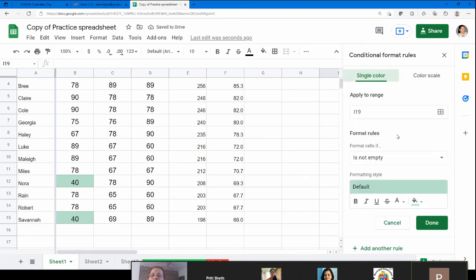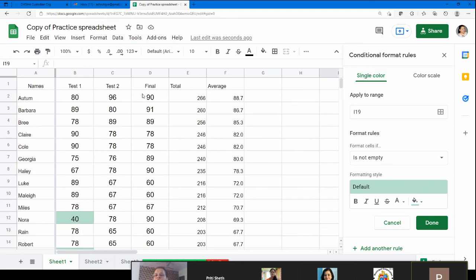What do I want now? I also want to find out those children, those marks which are in the range of 90 and 99. Okay, so again I can go for another rule. So I have clicked on that. I have to apply the range again. I have to mark the range again. So the same range I want. So I have marked them.